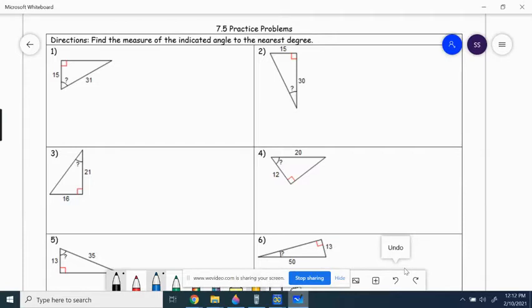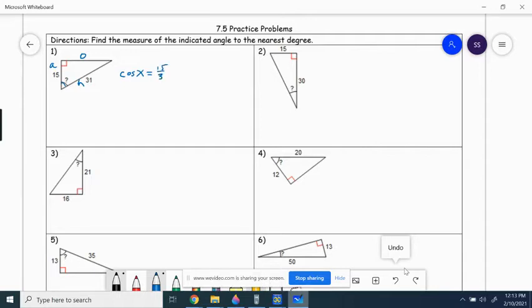Remember, we always want to start by labeling the sides. In terms of this angle, we have the hypotenuse. The side here is the opposite, and the side that is next to but not the hypotenuse is the adjacent side. So what we have here is A and H, so we're going to use the cosine of x is equal to A over H,